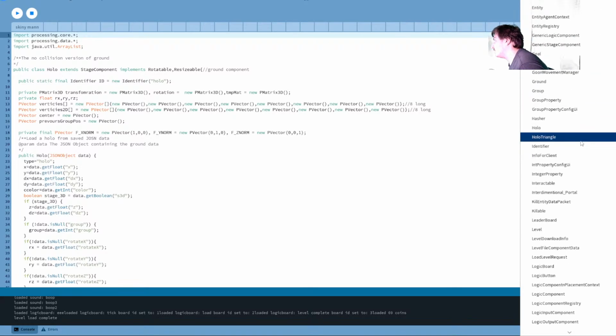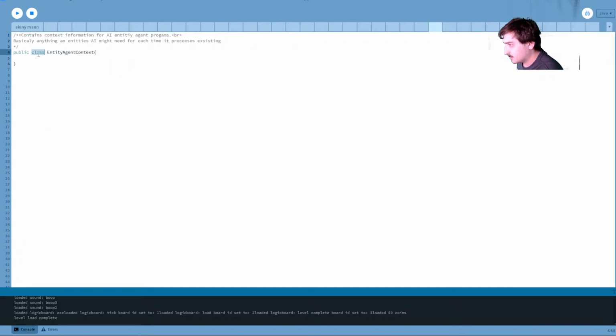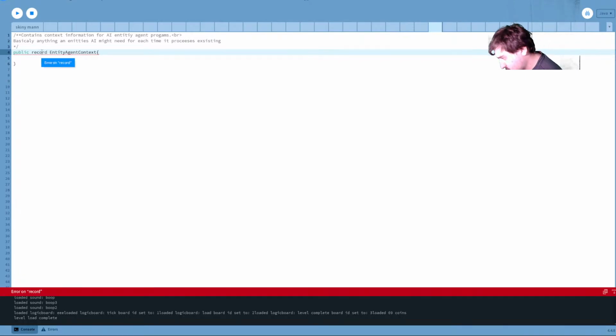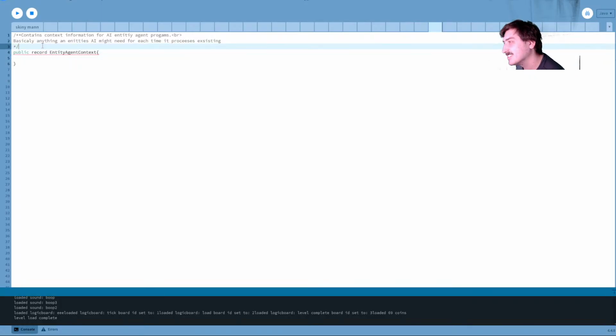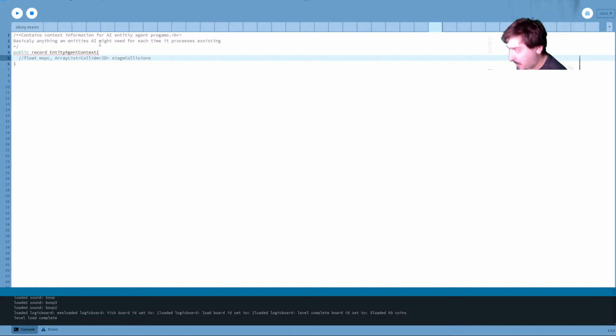Where was it? E is way closer to the top than I'm thinking. Context. Record. It is also very possible that Processing has no clue what a record is. Here, let me paste that in.